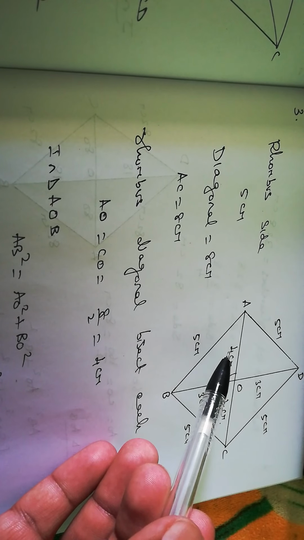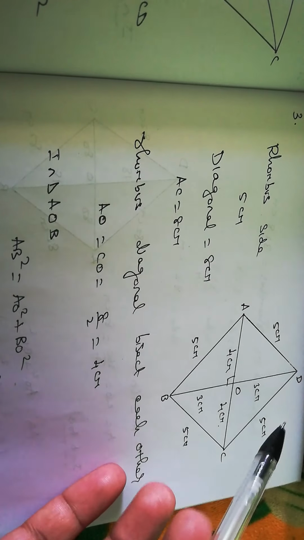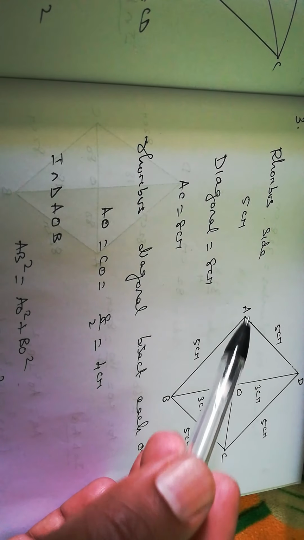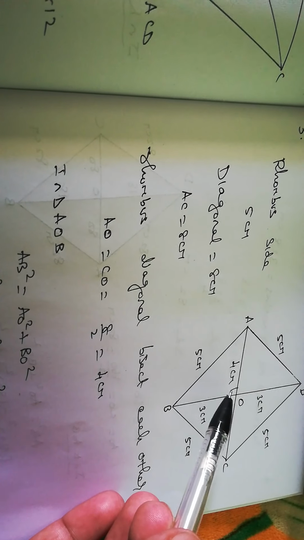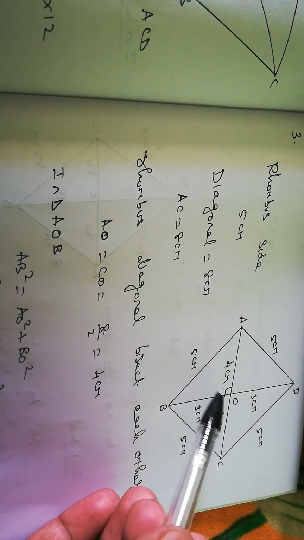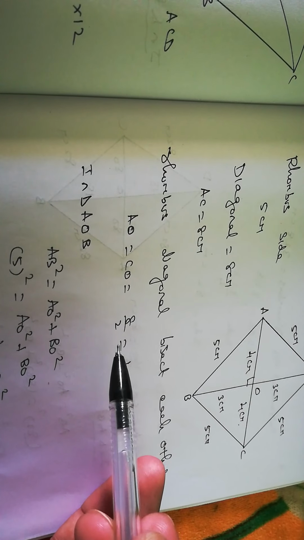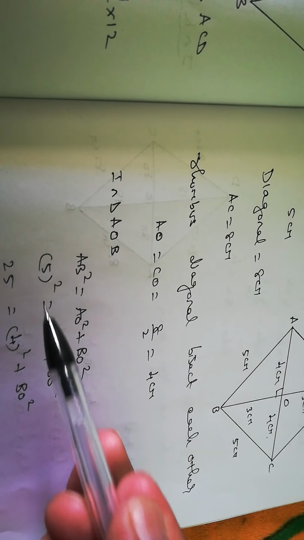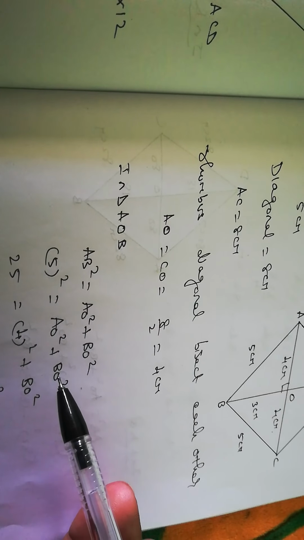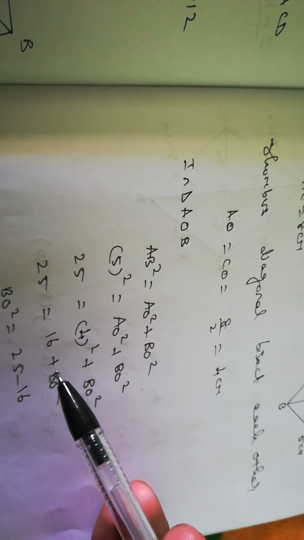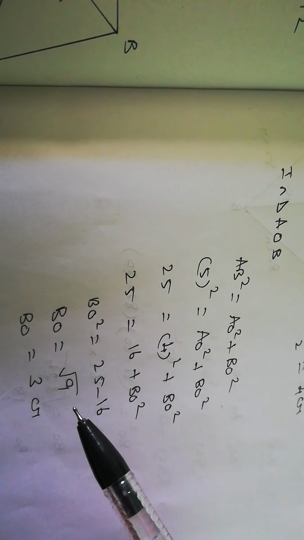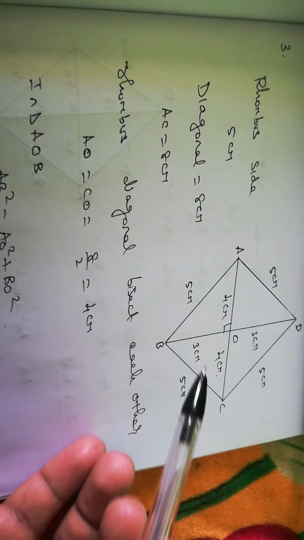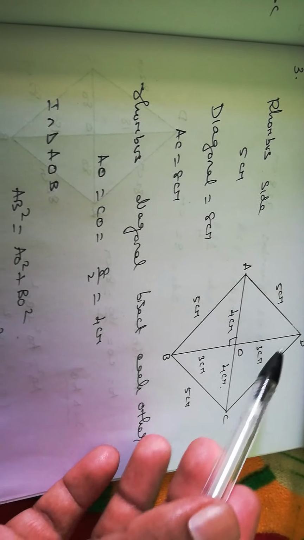I just wrote here 4 centimeter, and the sides of rhombus, all the sides are equal, so everything is 5 centimeter. So we just take this triangle AOB. This is 90 degree. Rhombus diagonals bisect each other at right angle, so this is at 90 degrees. So this is a hypotenuse. So AB square equal to AO square plus BO square. AB is 5 square, AO is 4 square, and BO we are going to find out. So 25 equal to 16 plus BO square. BO square equal to 25 minus 16. BO equal to root 9. So the answer is 3. So that means BO is 3, means this is 3. Both are equal only. So therefore BD is totally 6 centimeter.